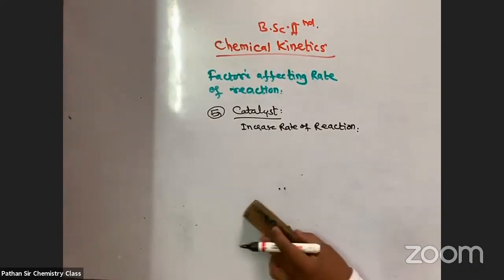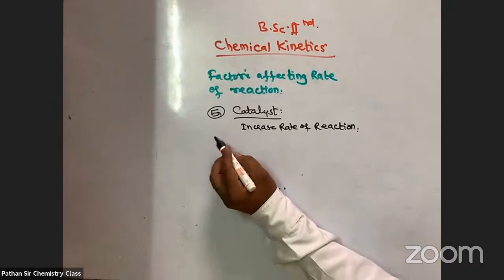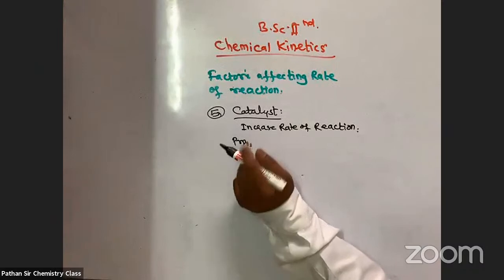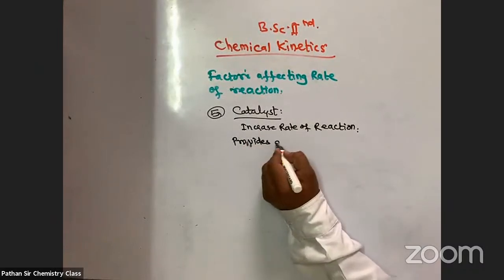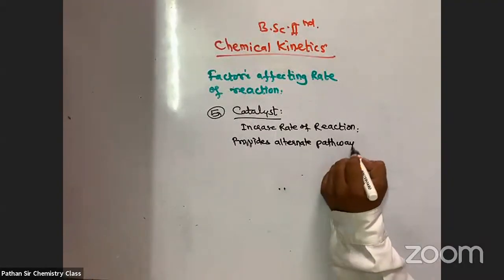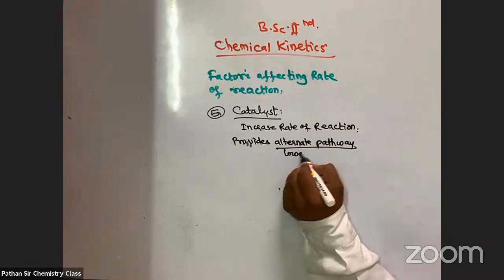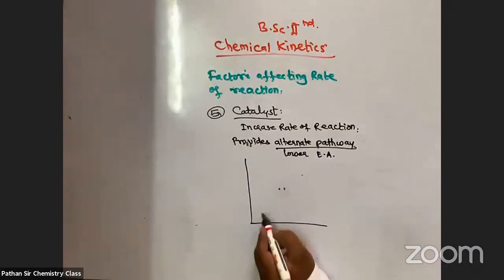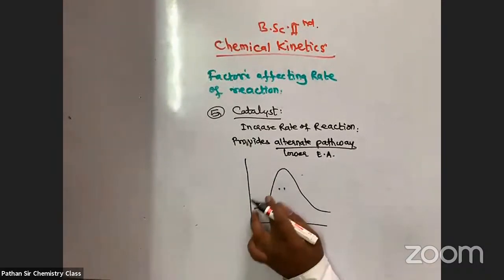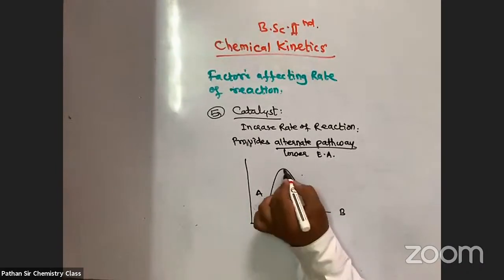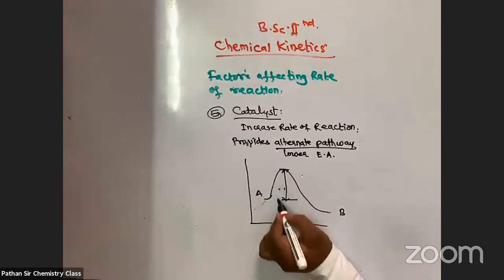Reason why? If you are using a catalyst, then it provides an alternate pathway for the reaction, which has lower energy of activation. For example, this is an activation curve of some reaction. Say A gives B. So this much amount of energy is required to